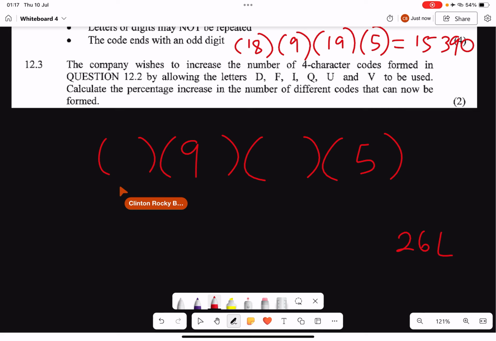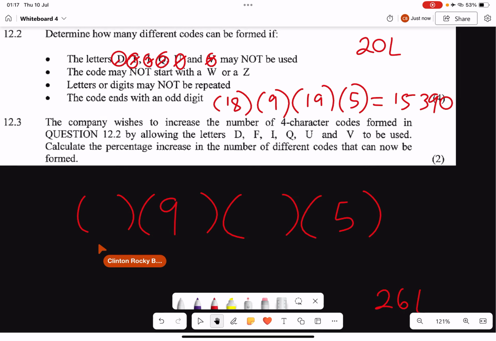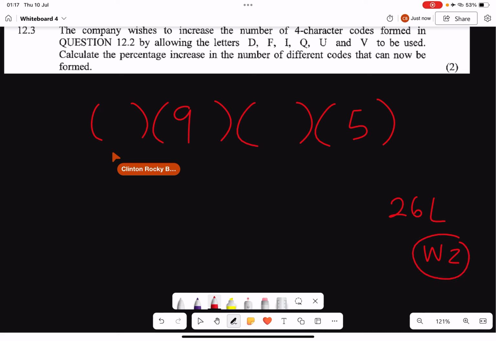But to begin with, I need to take W and Z out, so I can only pick 24. Out of 24, I pick one option, so I am left with 23. From that 23, I can now add these two back, because here there's no condition. So 23 plus those two, I will now have 25 options to pick from. Multiplying all those together